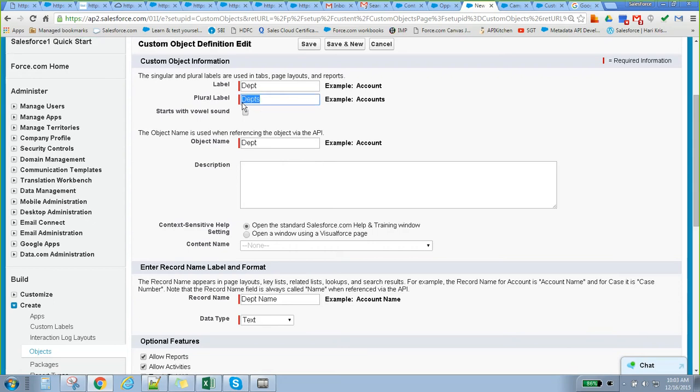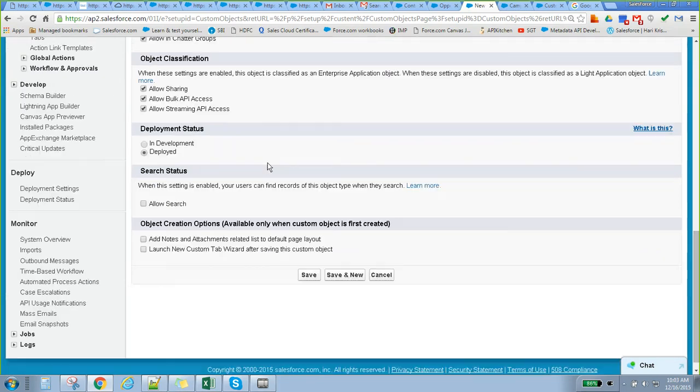We can't disable these required fields. These are Salesforce standard required fields. But for custom fields that we create, we can make them required or not, enable or disable.